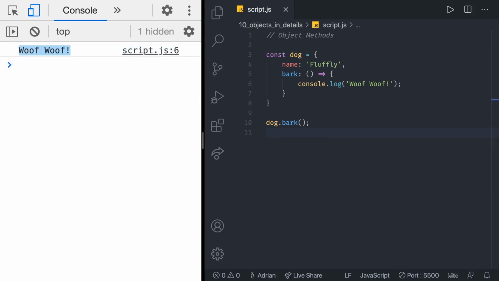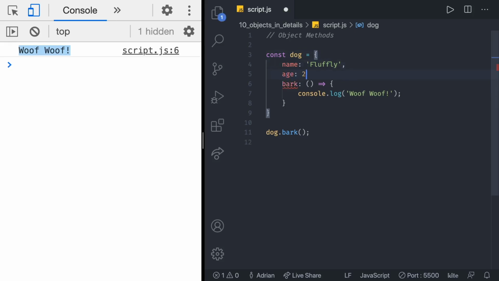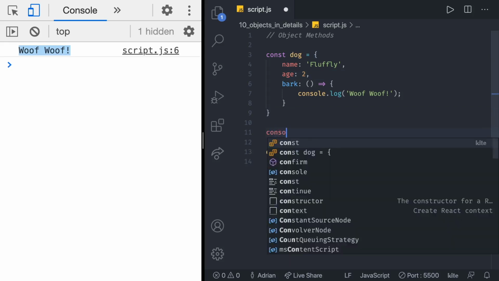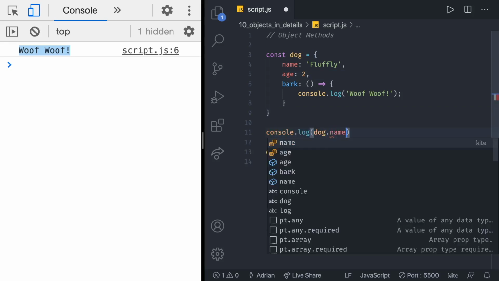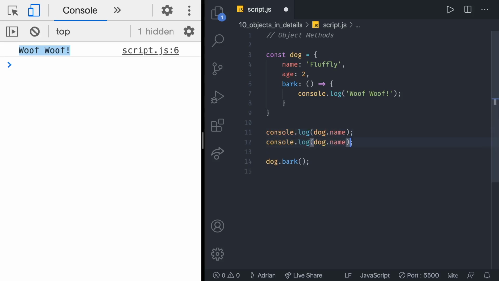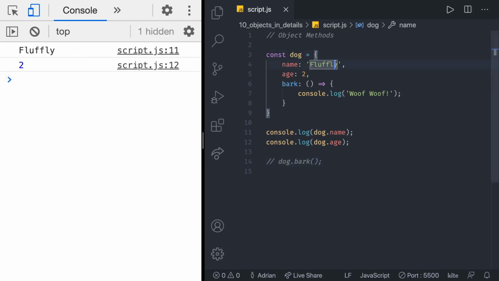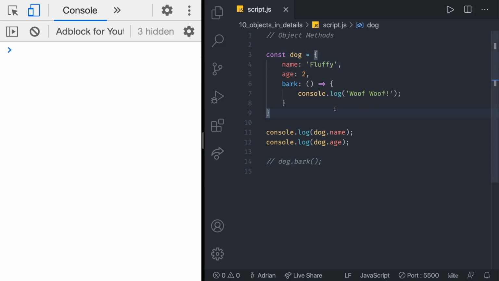You can also do something like this. Let's say that we have a dog and that he also has an age of 2. Now, let's say that you want to console log all the properties of an object. Of course, you could do that. You could do something like this, console log and then have dog.name. And then also in a new row, you can have dog.age. Of course, if we now save this, you can see we get fluffy, and then we have 2. Great. This works,